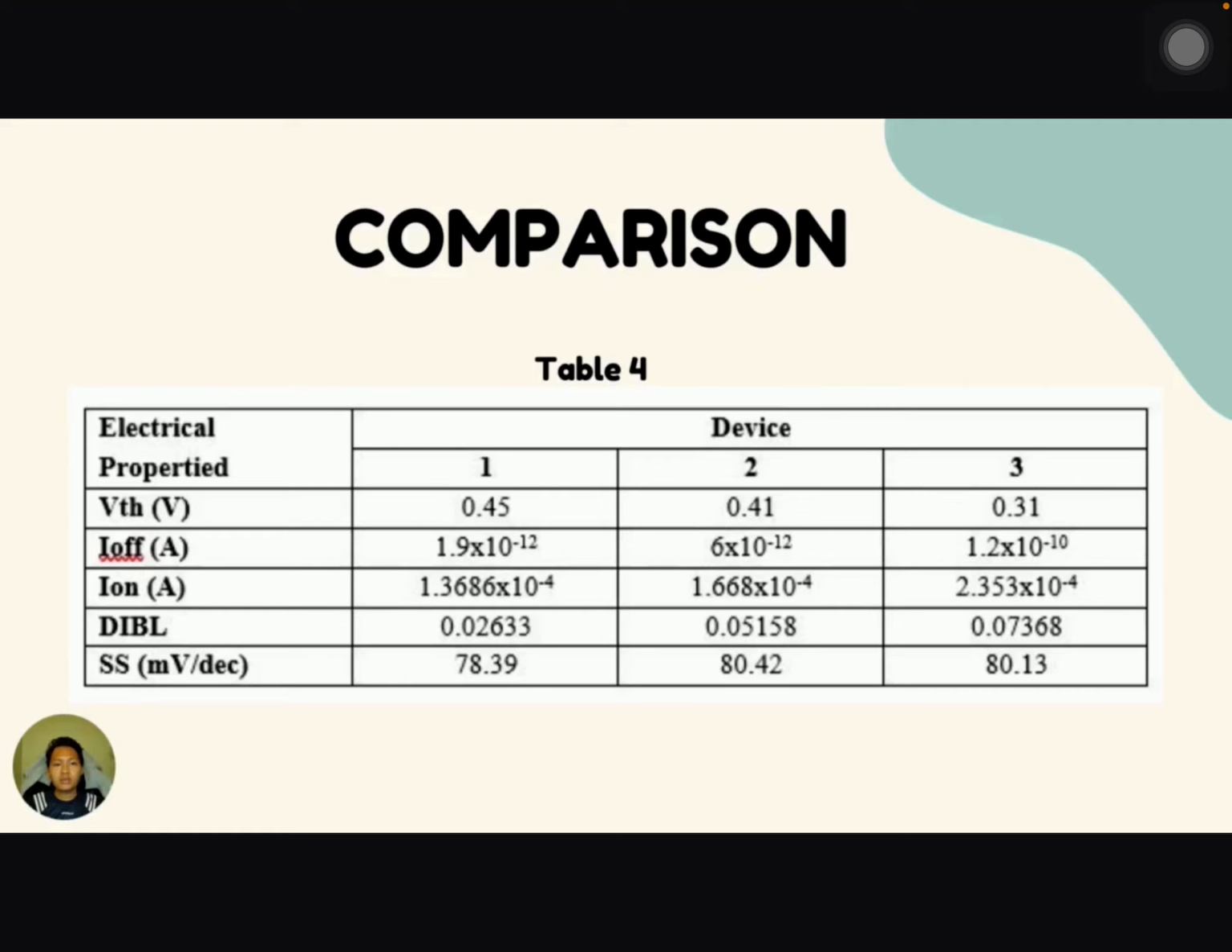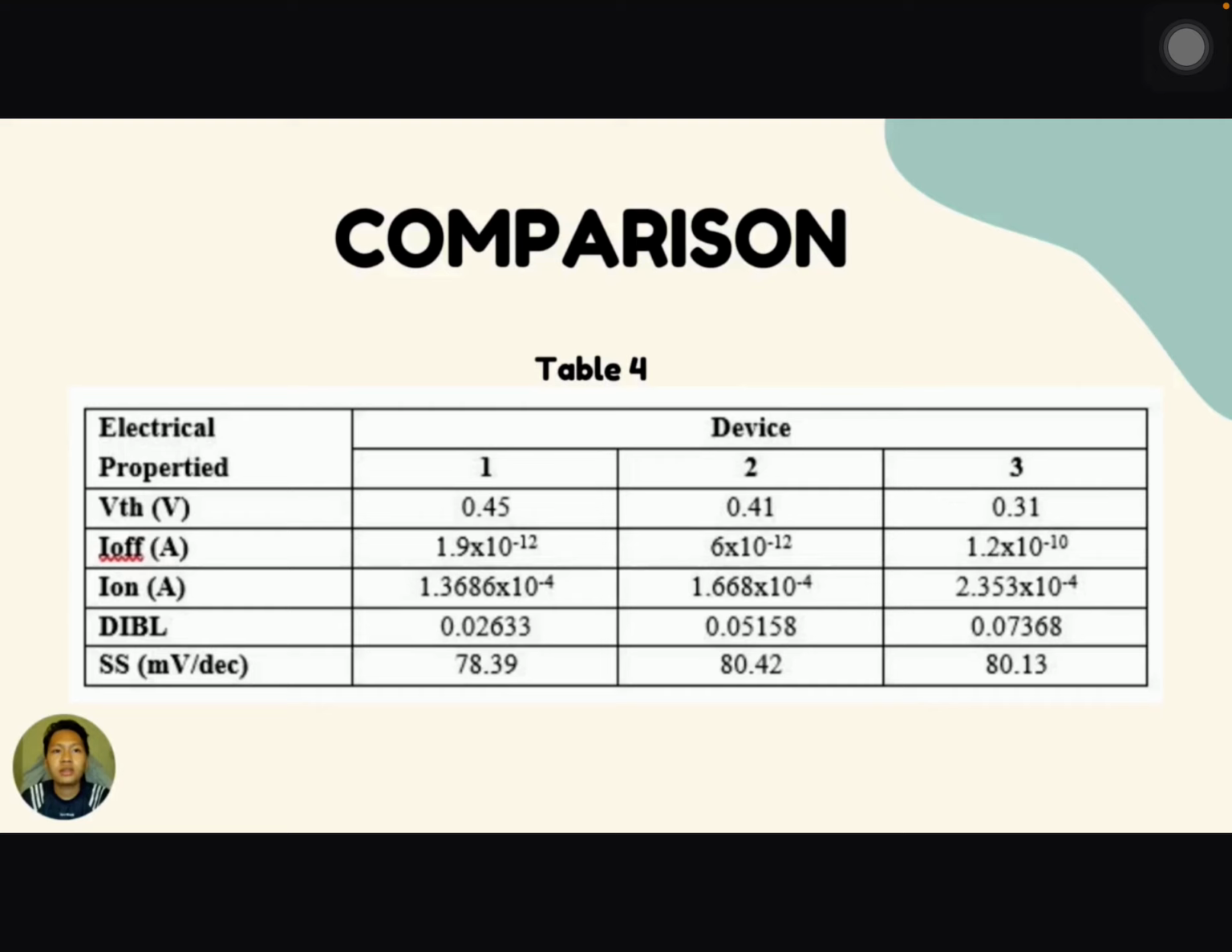So there are 3 devices with electrical properties, which consist of threshold voltage, off current, on current, DIBL, and SS. As you can see, the threshold voltage for device 1 is the highest, and for device 3 is the lowest. For the off current, device 1 is the lowest, and device 3 is the highest I off current. For the I on, device 1